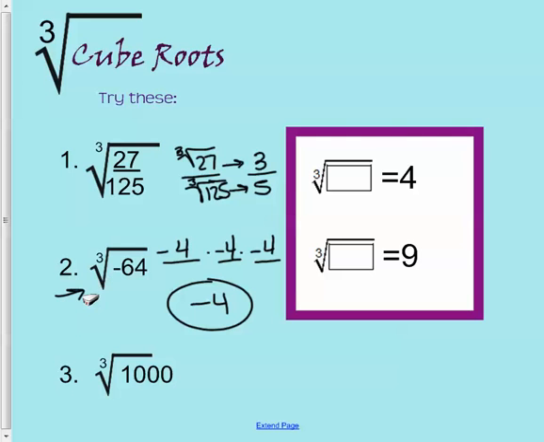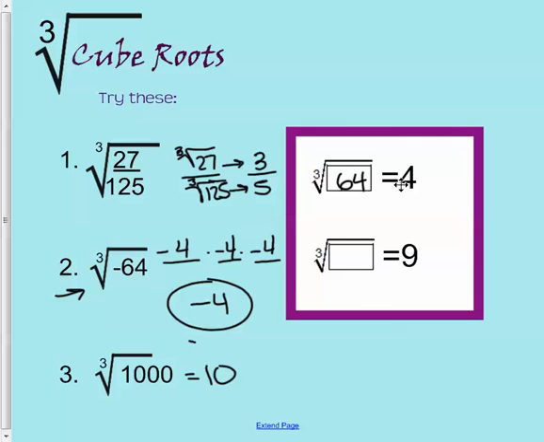That works for cube roots. It does not work for square roots. What number times itself 3 times gives me 1,000? The answer is 10. All right, over here, we know that the negative 64's cube root is negative 4, so the